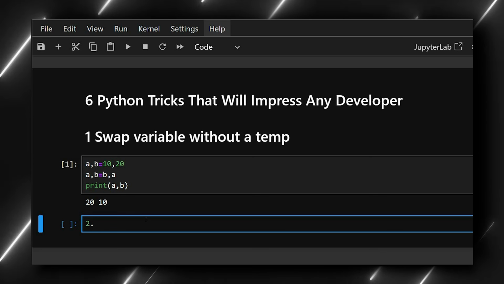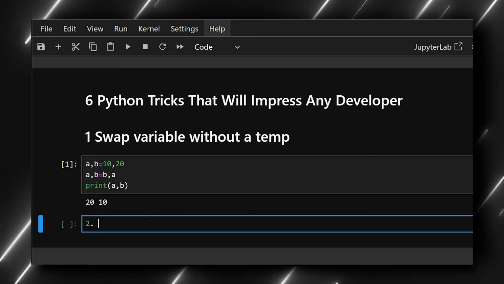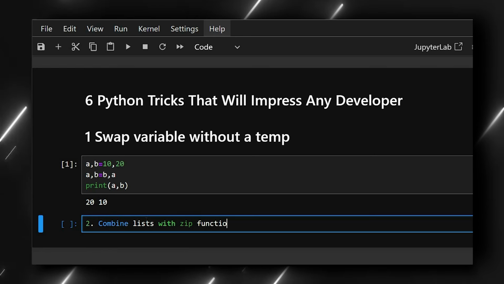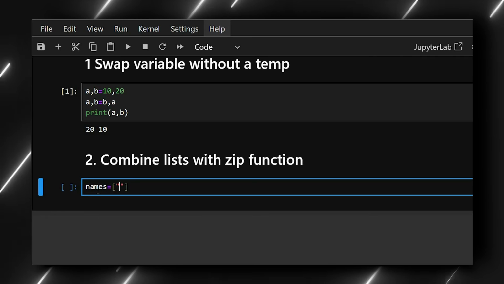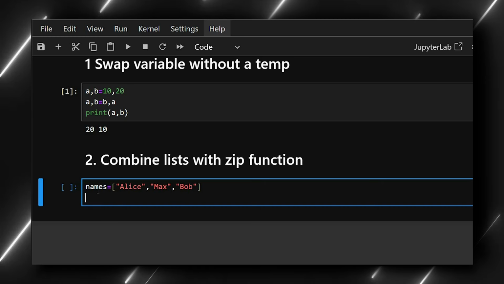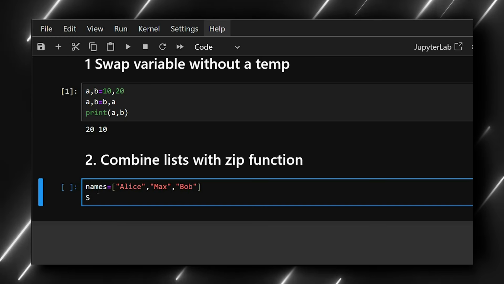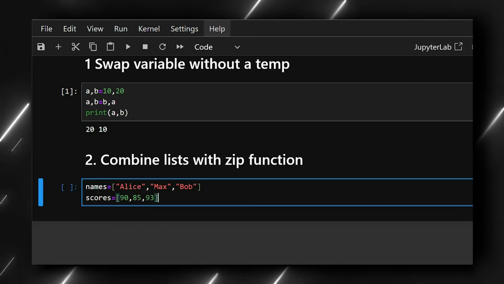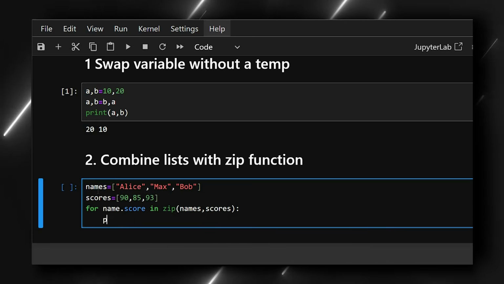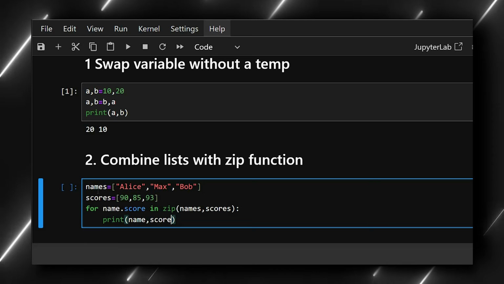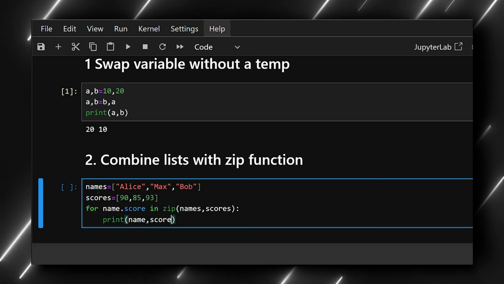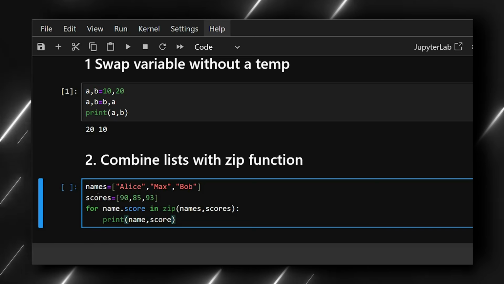So the second one is combine lists with the zip function. Okay, so for this, firstly we'll create a list, and similarly we'll create another list. The zip function pairs elements positionally, and the loop unpacks each pair as name and score, so you get clean